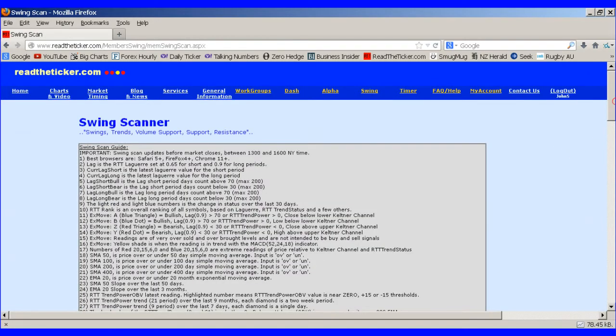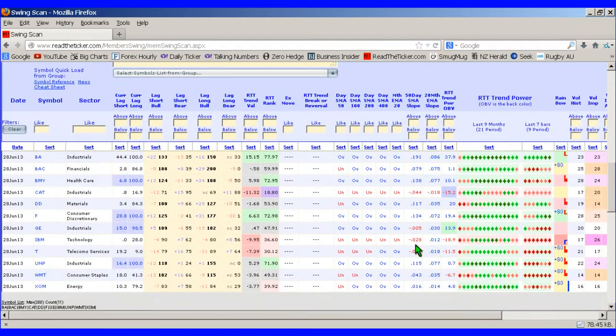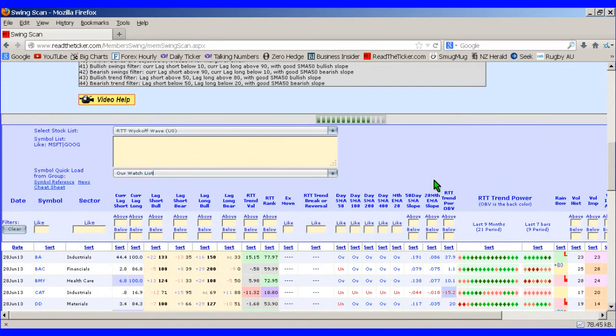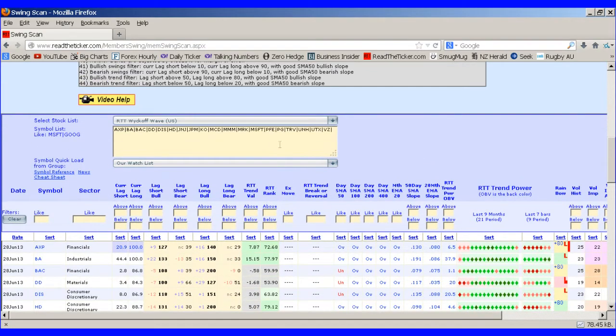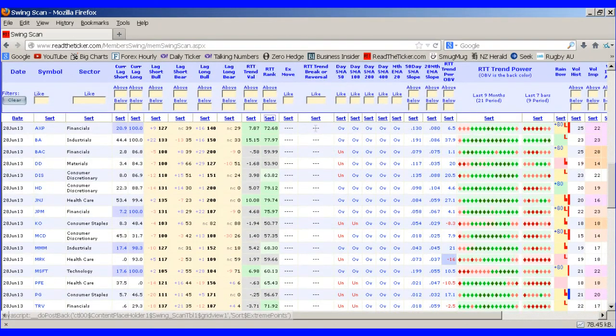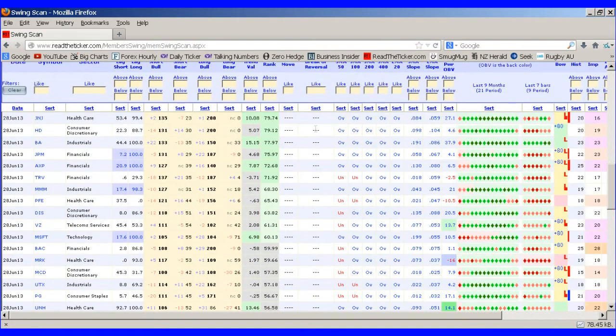This is where things get rather cool. So here's our default setting from our swing scanner. It's just a group of 11 stocks, but I want to see my 20 or my 19. So I go into the drop-down list of my quick load, select our watch list. And this loads my symbols that I'm studying into the swing scanner, so I can quickly peruse the technicals, the